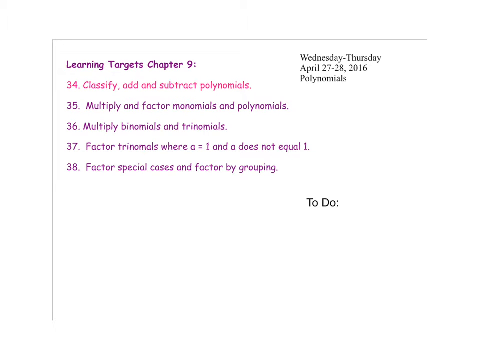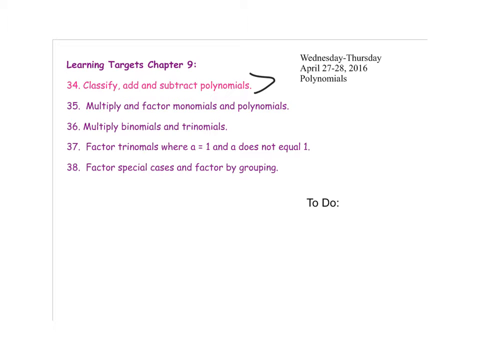All right, today we're starting off Chapter 9, which is the beginning of the polynomial unit. We're starting it today. You'll practice more in class, and today we're working on learning target 34. We're working on classifying and naming polynomials, and then in class you'll be working on adding and